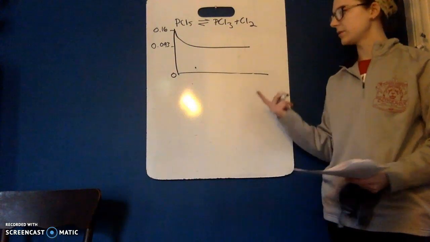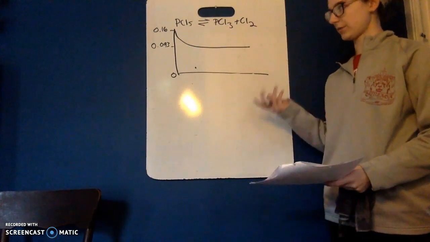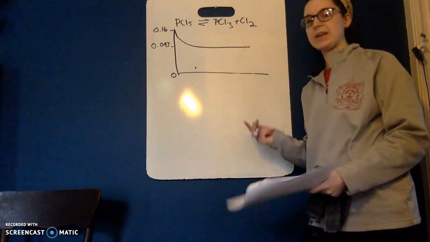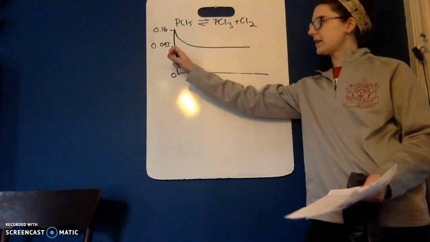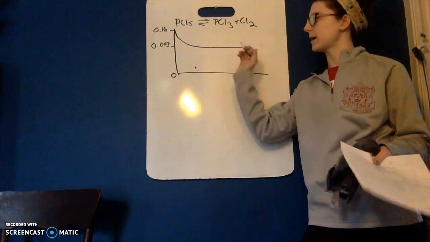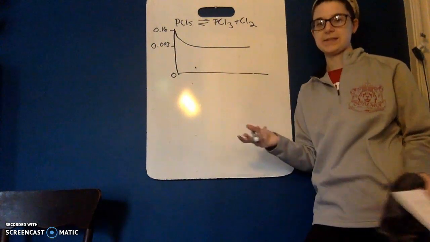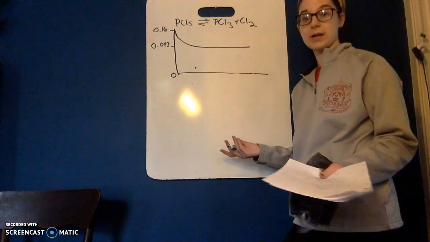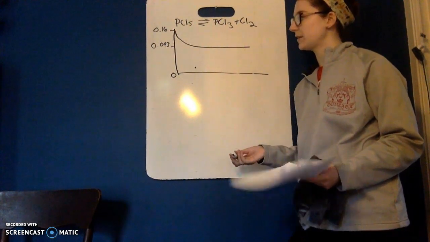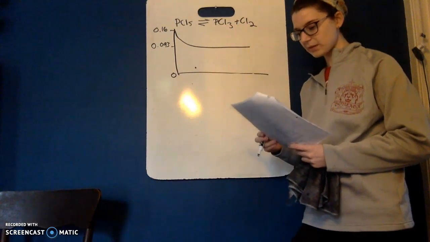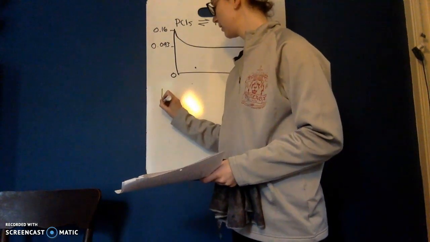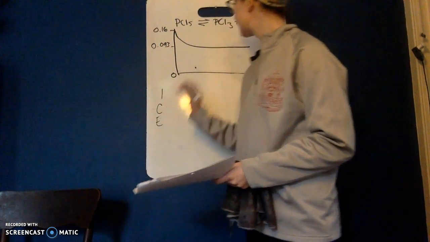For number 6, we are interpreting the information given on this graph. So part A asks what is the concentration of PCl5 at equilibrium. Here we can see that 0.93 lines up with the concentration of PCl5. So at equilibrium, we know PCl5 has a concentration of 0.093. For part B, we're going to set up an ice table again because we're looking for the concentrations of